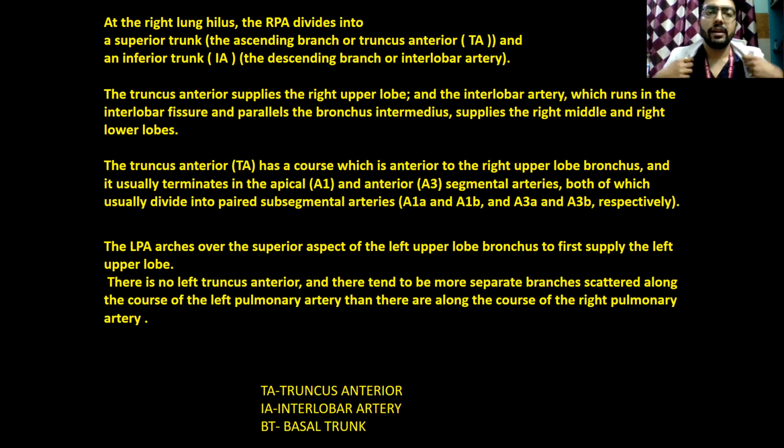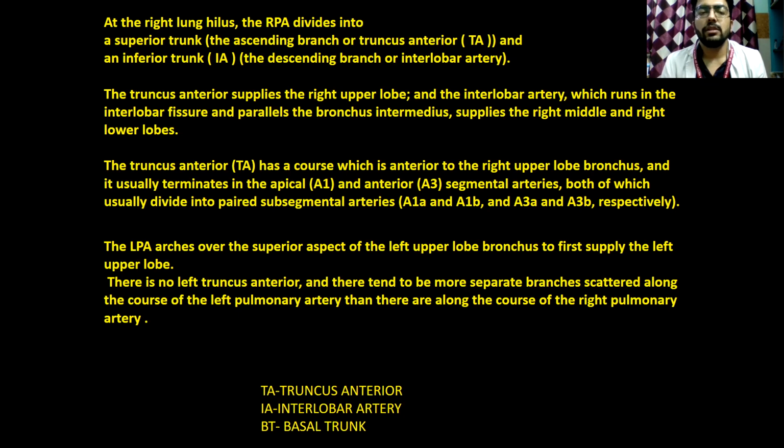The truncus anterior has a course which is anterior to the right upper lobe bronchus and usually terminates in the apical and anterior segment arteries, both of which usually divide into paired subsegmental arteries, the A1 and A2 respectively. The LPA arches over the superior aspect of the left upper lobe bronchus to first supply the